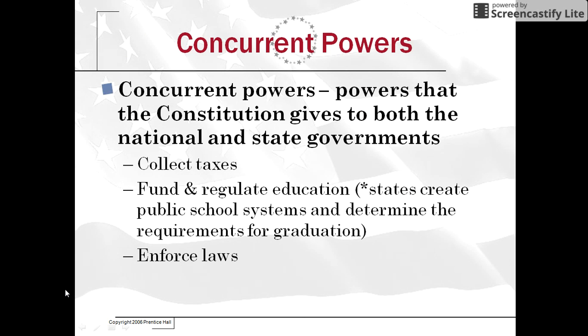Let's see. Concurrent powers. Those are powers that both the national and state governments have at the same time. Both the state and national governments collect taxes. Nowadays, both the state and national government fund and regulate education. No Child Left Behind is a national law, okay? But states are really in charge of most education stuff and enforcing laws. The national government has laws they enforce. State government has laws they enforce. You can actually break federal